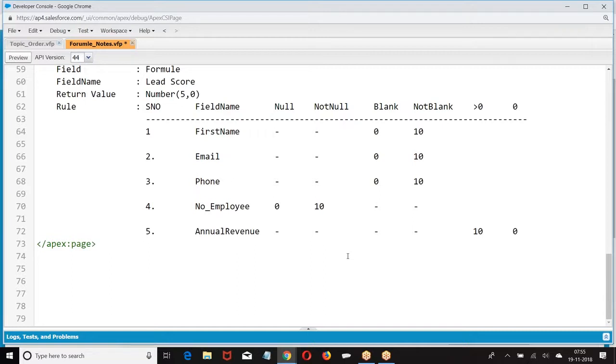On what basis are you making a priority? Based on these fields. If you enter the first name, 10 points, email, 10 points, phone number, 10 points. Whoever gets 50 points, call them first. Next 40 points, next 30 points, below 30, don't call. Are you getting my point? So I want to apply some rule to scrutinize the leads I have. For that, I am creating one formula field called lead score. Basically, I want to identify whether these candidates have given the required information or not. If they have not given the required information, spending time on them is a waste. Or else I should ask my representative to call them and get the remaining details.